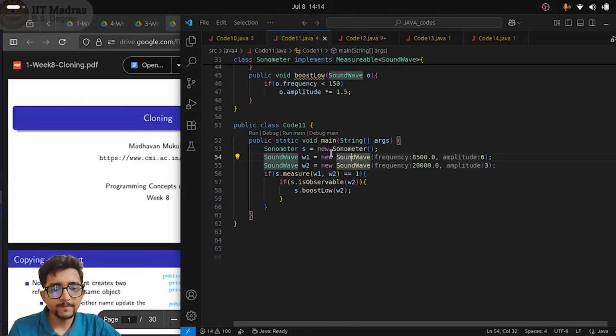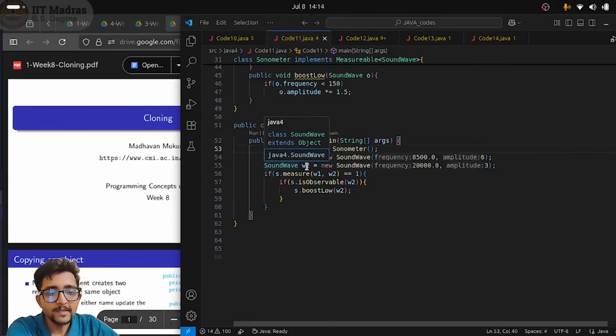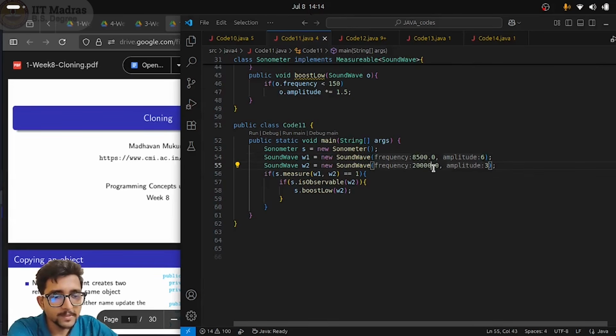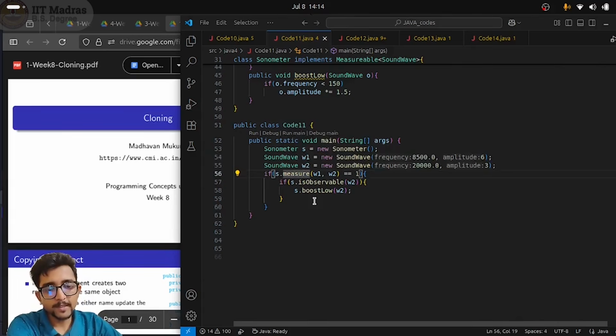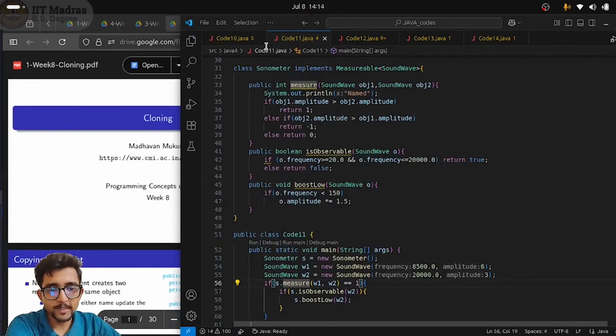method, right? And we have this sonometer, because ultimately the methods are overridden in sonometer, so I have to create this sonometer object. And then we have two sound waves, right? One with 8500 frequency, another with 20,000 frequency and corresponding amplitude. Okay. Now we are using the measure method of this sonometer class, which is saying that